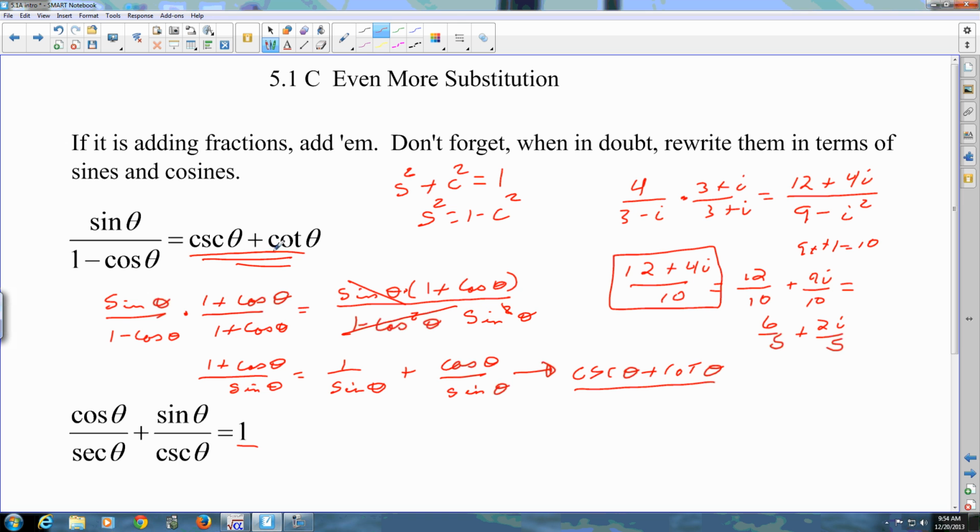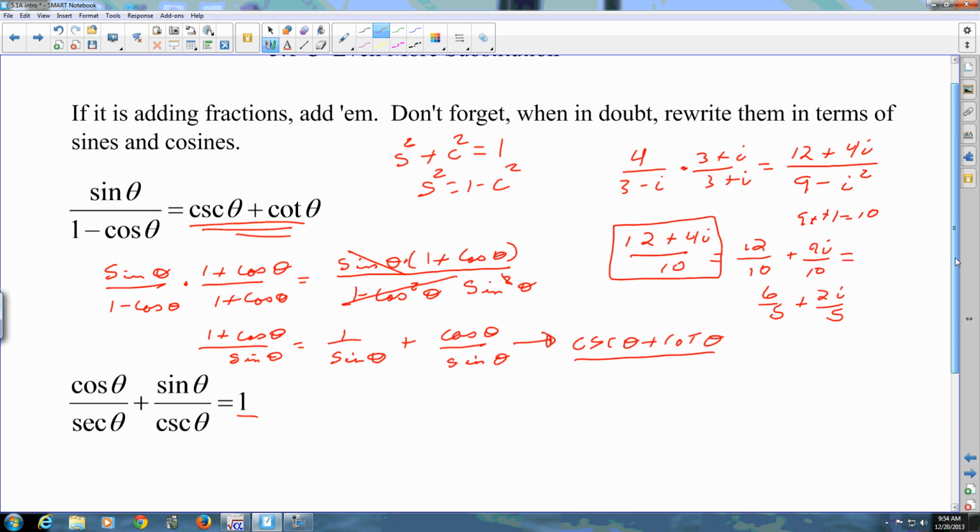Remember, you can't touch the right side. The right side is the goal. You have to leave it alone. You can only alter, modify, work with the left side. Okay? So for this next one,